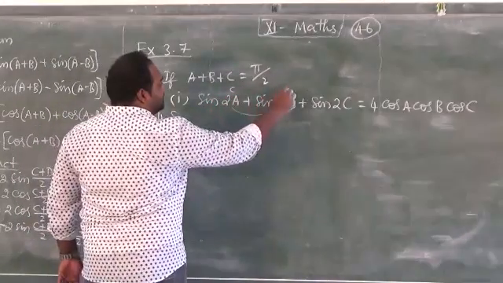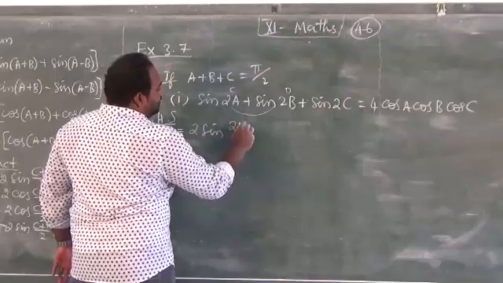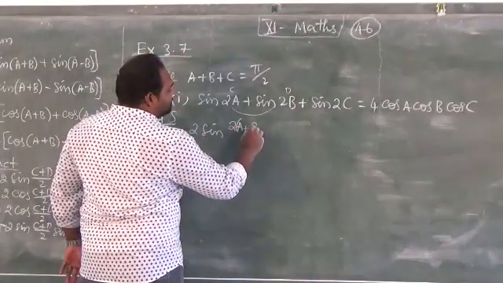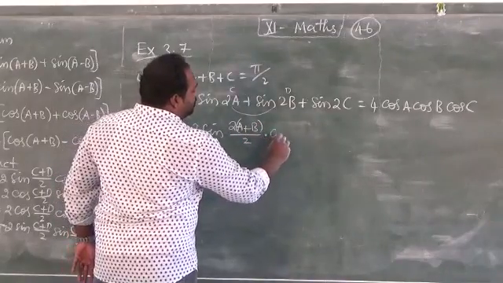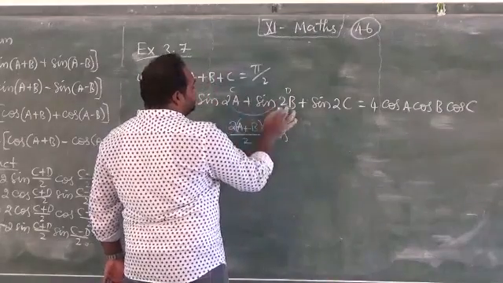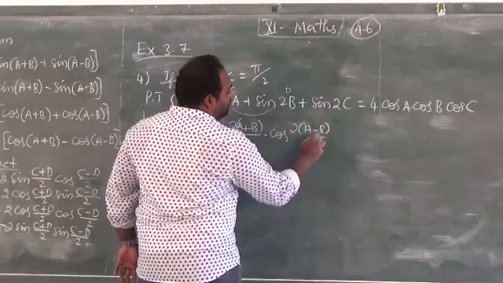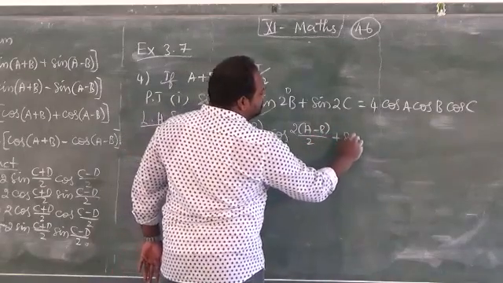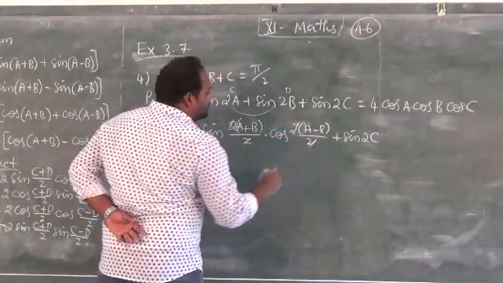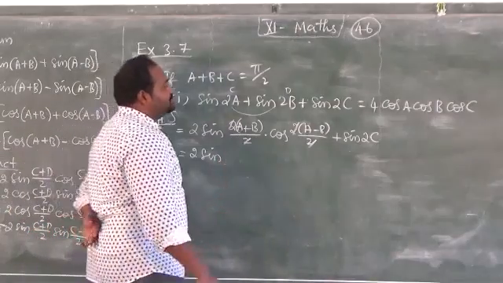So here this is c, this is d. 2 sin of (2a plus 2b) by 2, here I can take 2 commonly outside, into cos of (c minus d), here c minus d is 2 into (a minus b) by 2, plus sin 2c, keep it as it is. Now the 2 will be cancelled, here also cancelled. So 2 into sin (a plus